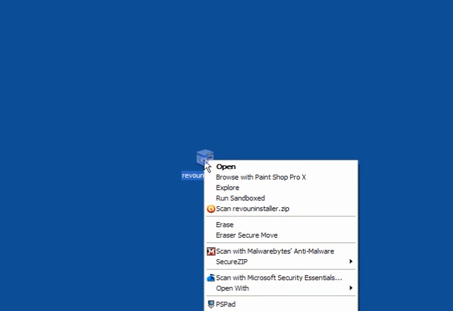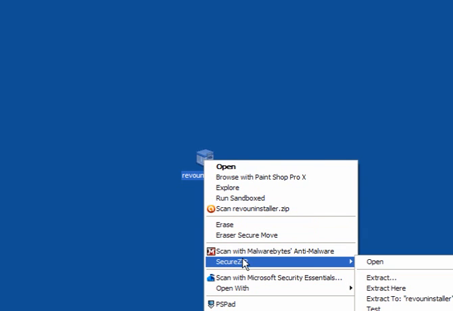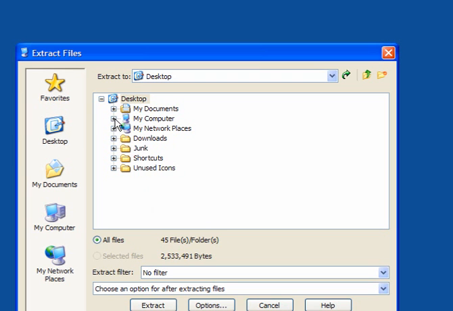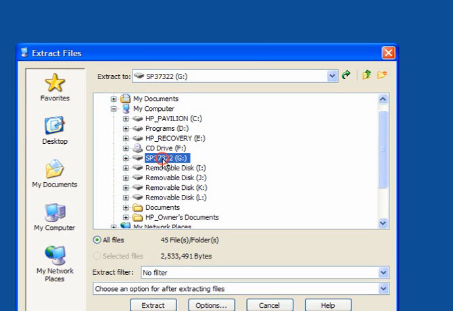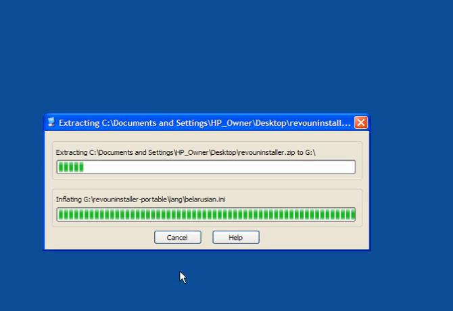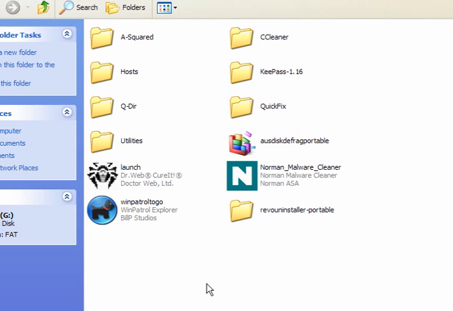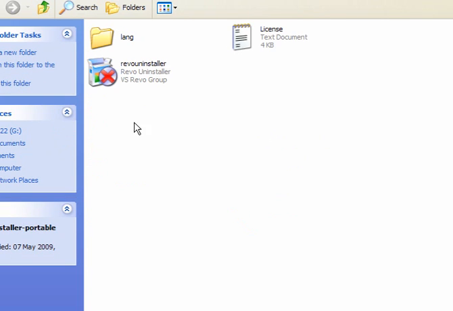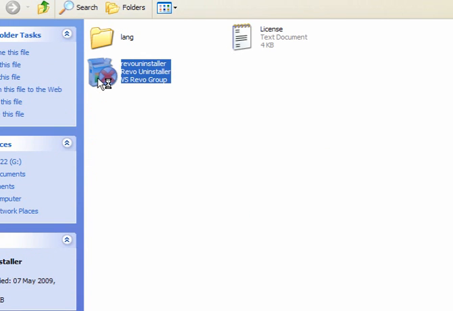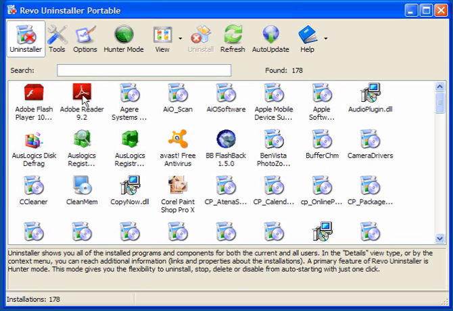Now on the desktop I've got a zip file which I will extract, and I will select my location, which will be my USB stick, and this will take just a minute or two to install it onto the stick. Now once it's installed, if I open up my USB stick, it's got its own folder. Simply double click it to run it and the user interface opens, and the first thing you want to do